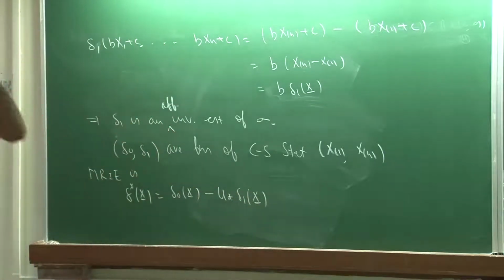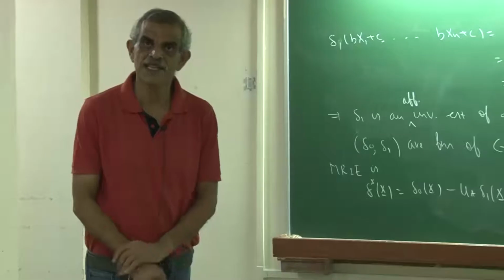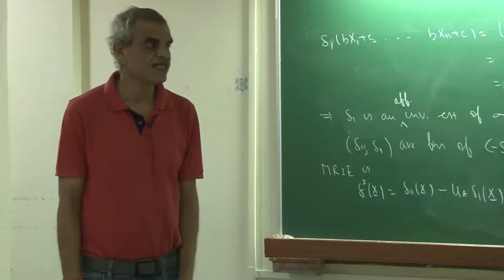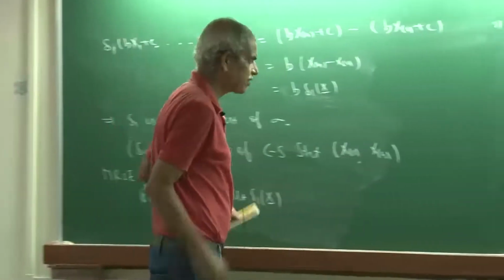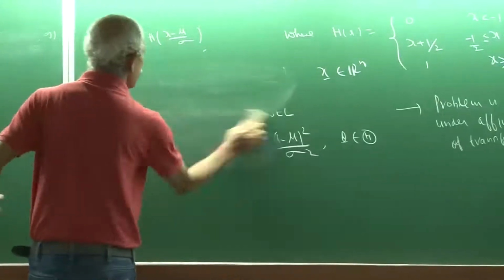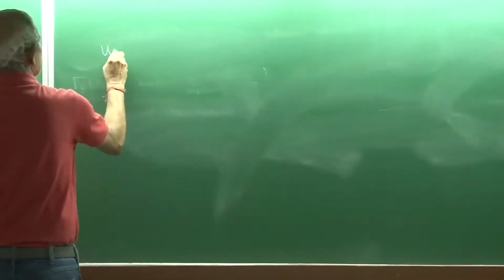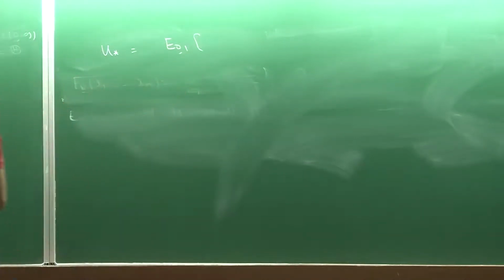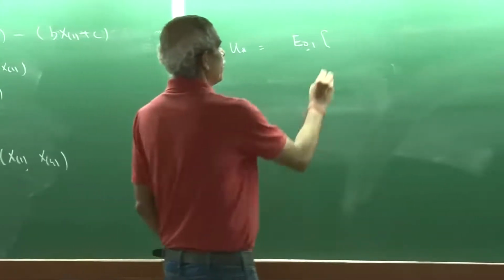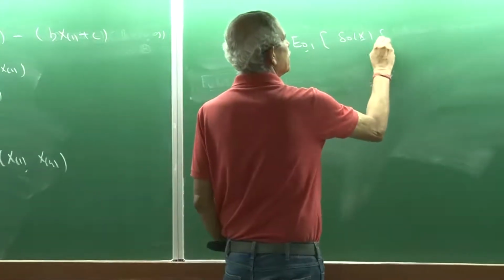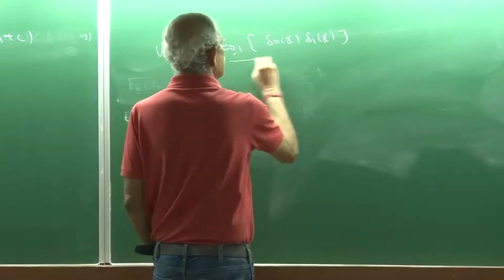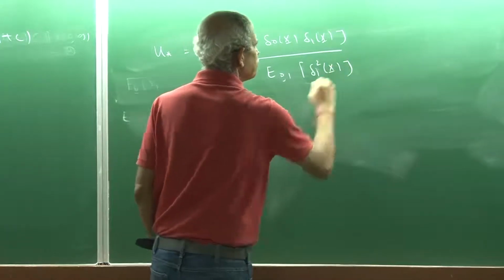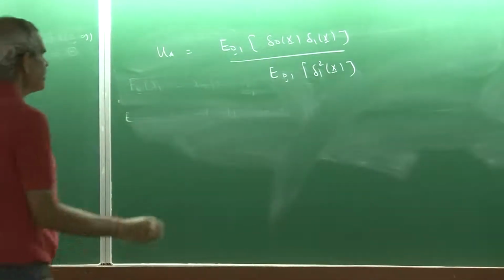Now why is u star not depending on w? Because in this case w is ancillary and delta naught and delta 1 are functions of complete sufficient statistic. So the minimizing u star is not going to depend on w. So in fact I exactly know what is the form of u star. My u star for the squared error loss function is E01, that means when mu is 0 and sigma is 1, of delta naught x, delta 1 x, divided by E01 of delta 1 squared x, which is same as